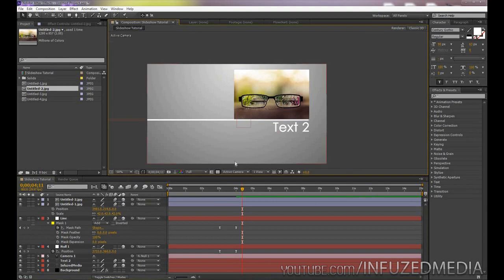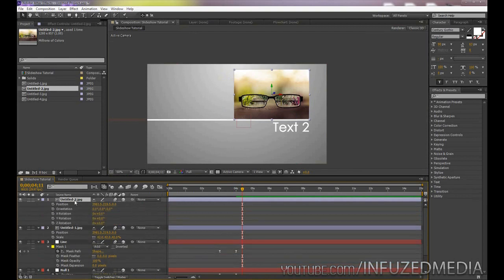Okay, so now what we want to do is pretty much make that animate into that spot. So let's grab our position and rotation keyframe. So by pressing P on your keyboard, holding Shift and pressing R will bring up position and rotation. Okay, so from there we just pretty much want to animate it out. We don't want to animate it in because we've already got it in the exact same position. So the first thing you need to do is figure out how long until you want it to actually be